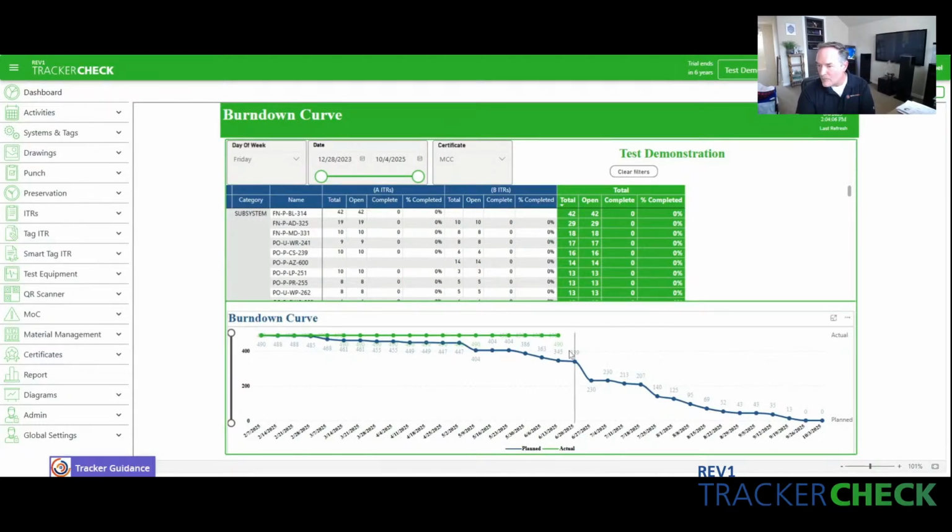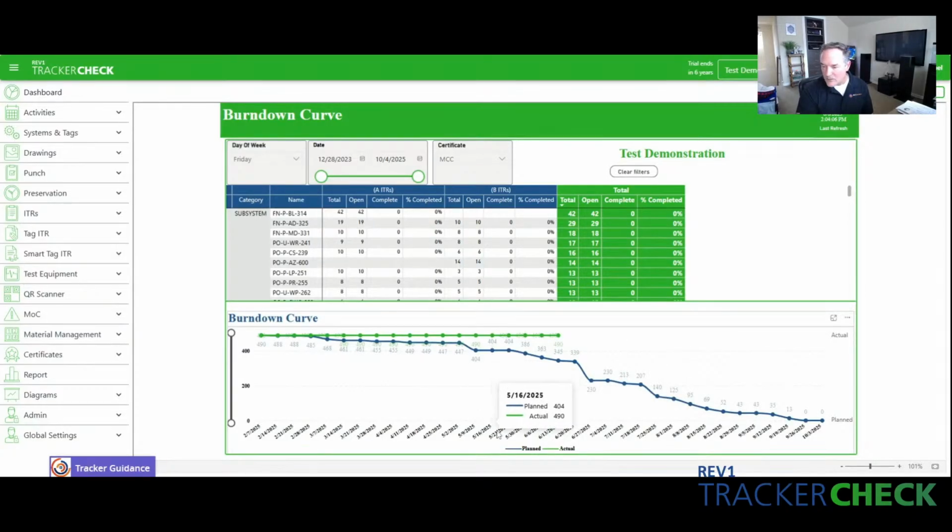All right, this particular Power BI chart is showing the subsystems and their ITRs based off of the schedule. So each one of these represents turnover dates, the reporting weeks, and then the ITRs during those reporting weeks. You combine all that together and you're going to get a planned curve. So how many ITRs do I need to complete each week per subsystem to be able to finish the project on time? And this is all being driven by the activities, which we're going to talk about in a little